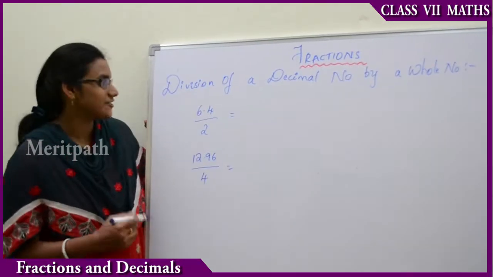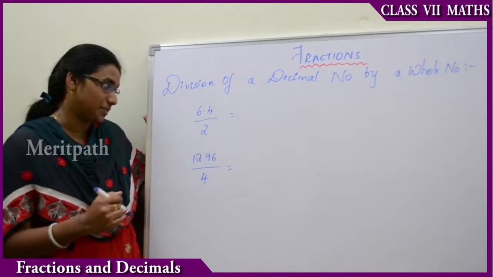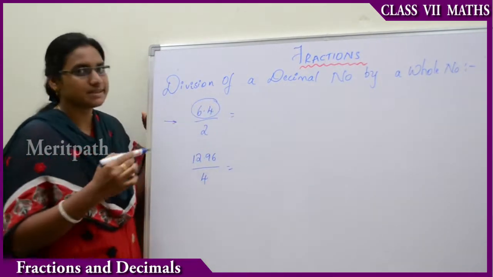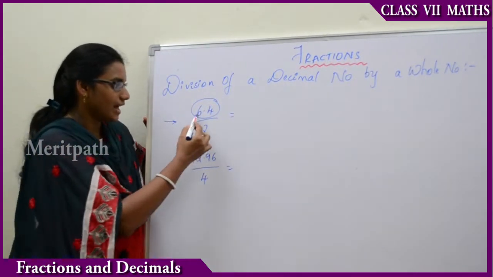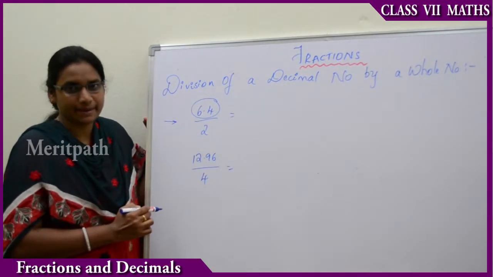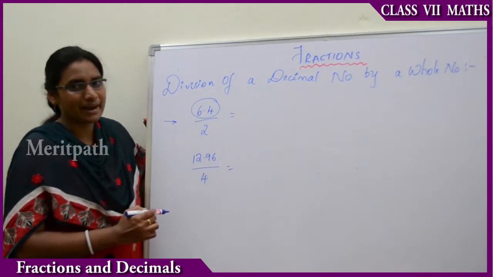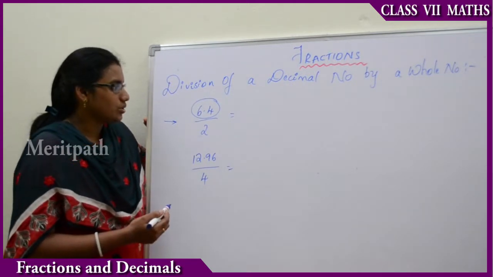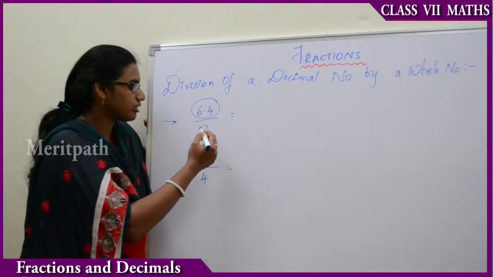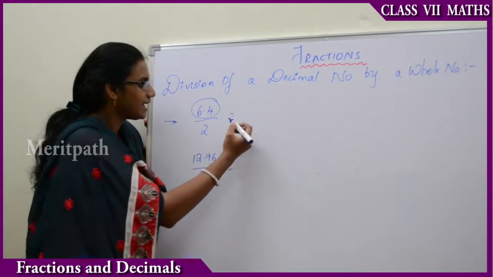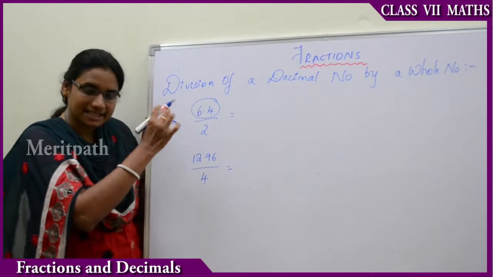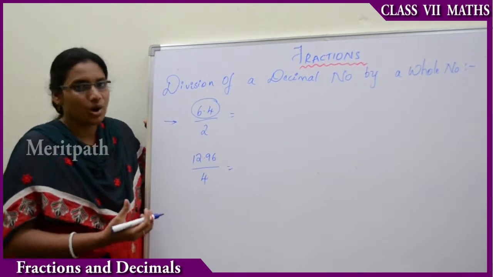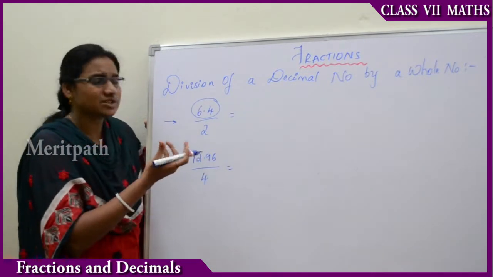Okay? Let us see the division of a decimal number by a whole number. That means if I divide these decimal numbers which have points, right? Now I have taken 6.4 as a decimal number. Now this number is divided by a whole number such as 2, 3, 4, 5, right? Now see here, when I am dividing this 6.4 by 2, we will be getting, right? First I have to convert this decimal number into a whole number and later I will be dividing it by the whole number. That is simple. It is common division, right?